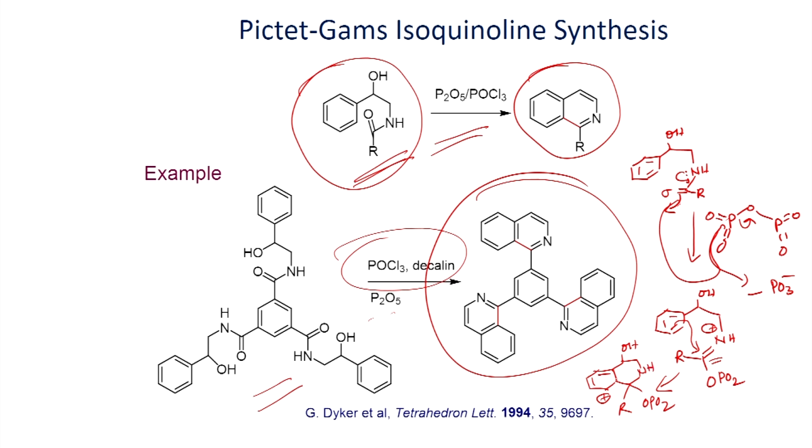You have this intermediate. Once we have this one, this can lose a proton. Since you have the PO3 minus, it can remove this proton. You will be able to have... once you form this one, then the lone pair can push this one, then you will be able to...